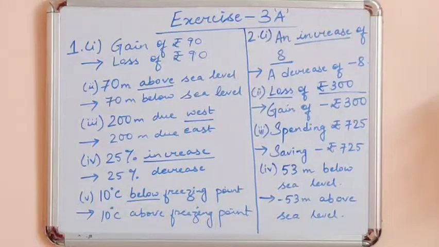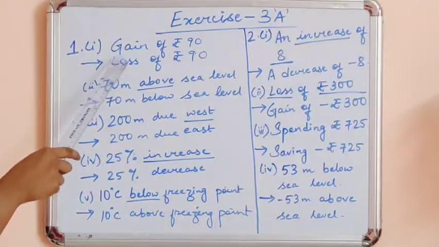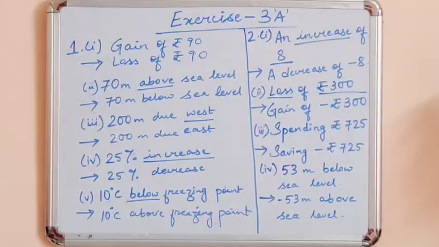So in this manner, you can just simply take the words and find the opposites of these words and make the statements. So you can do the rest of the 5 questions on your own. Now number 2, indicate the following using negative sign. See, in number 1, we had to make the opposite of these statements. We just take the words, find the opposite words and make the statement. In number 2, we have to indicate the negative sign.